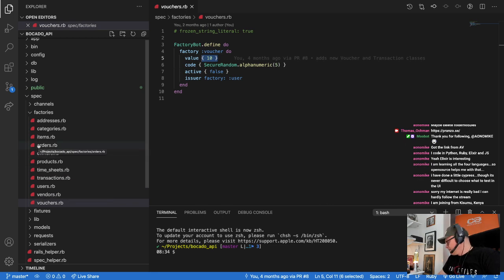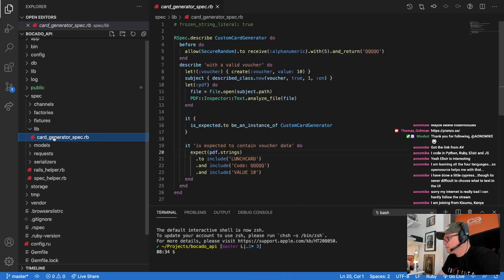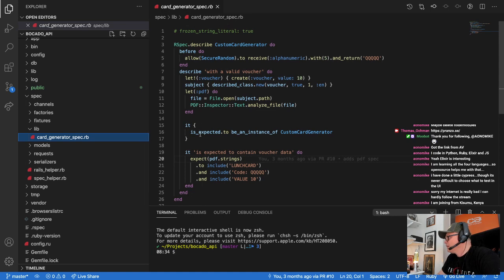Let's see, we can move on and take a look at the, so we have those factories and that's good. So we have fixtures, that's the logo. Then we have the lib, and then we have the spec for the card, for the lunch card generator. And so this one is rather interesting, in my opinion,